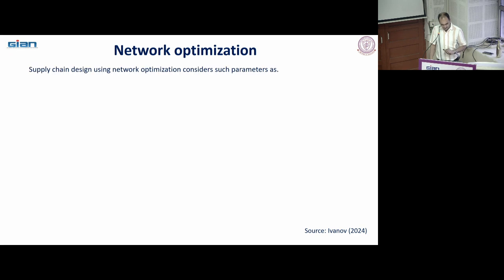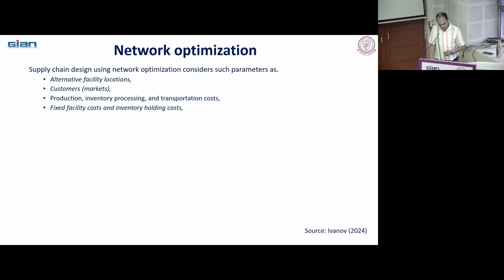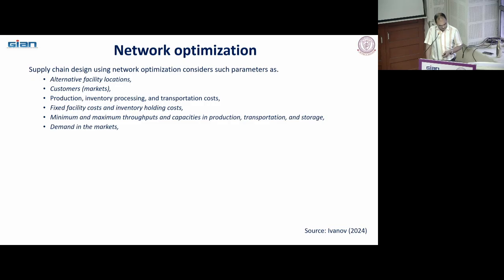Supply chain design using network optimization considers various parameters like alternative facility locations, customers, markets, production, inventory, processing, transportation cost, then fixed facility cost, inventory holding cost. When we solved the facility location problem using GFA, we didn't consider any facility location cost. When we converted that model into the simulation, we added the facility location cost and processing cost. So minimum and maximum throughputs, capacities in production, transportation and storage, demand in the markets, number of periods and products,